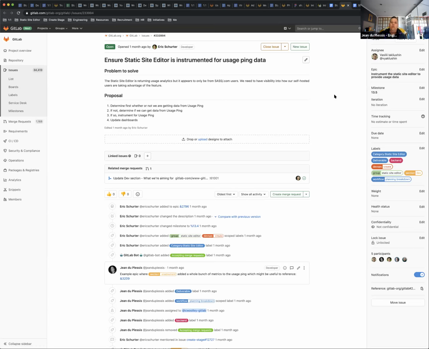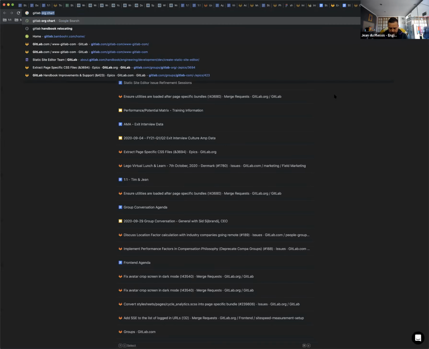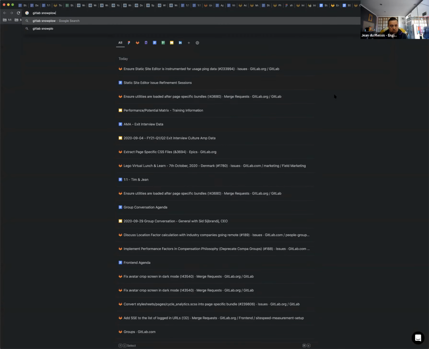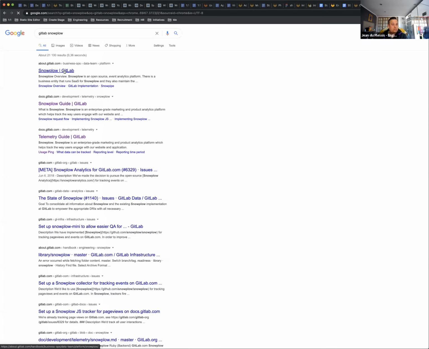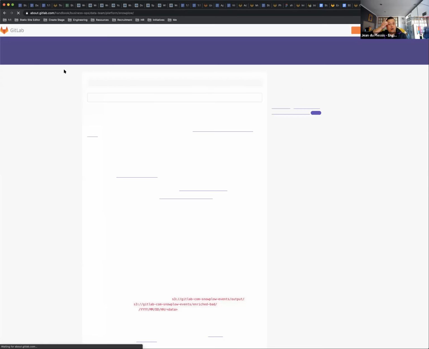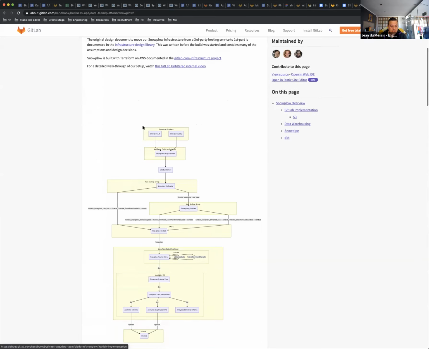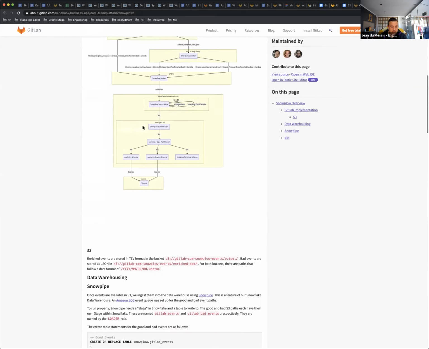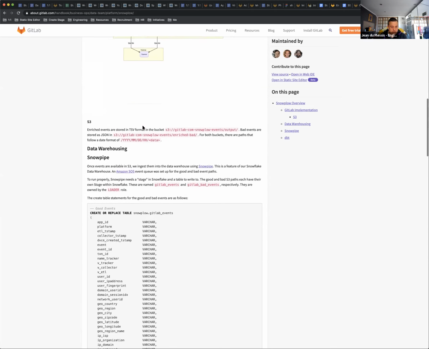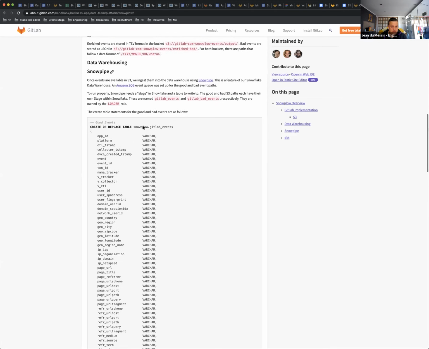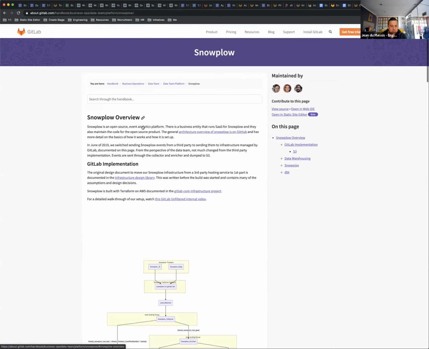I know we've implemented Snowplow tracking, but my understanding is that this does not relate to usage ping, and I need to understand a little bit more about this. I know we capture the Snowplow data, but